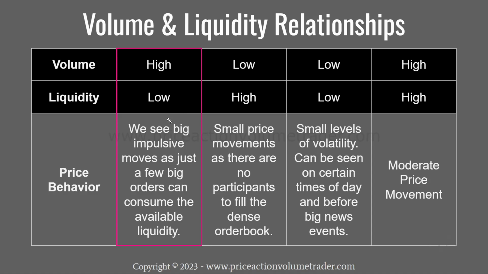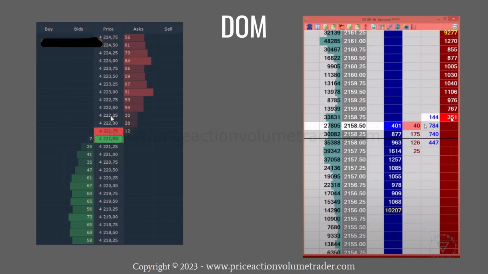When we have these environments, we're going to see big impulsive moves as just a few big orders can consume the available liquidity. Okay, and if we move back to the DOM, it's exactly what I told you before. If you have a market with what's called a thin order book, and in this case this is the ES market, which always has one of the best liquidities of any market out there. But some markets even have some empty spots. Like if you're trying to trade some unknown crypto, there are going to be some areas where there are literally gaps where no one is interested,